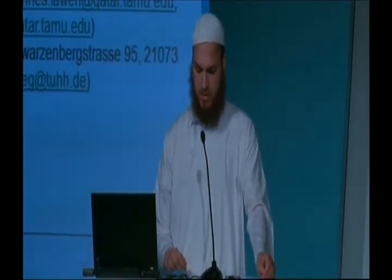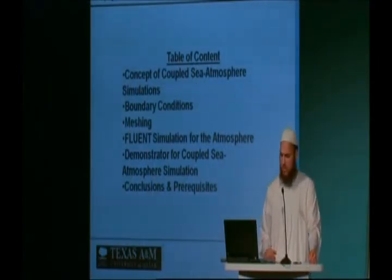Coupling of water and atmosphere reactive transport simulations, the new 3D SMART model. 3D SMART stands for 3D simulation of marine and atmospheric reactive transport. This is one of the first presentations which reports on the new 3D SMART model, and the presentation contains an